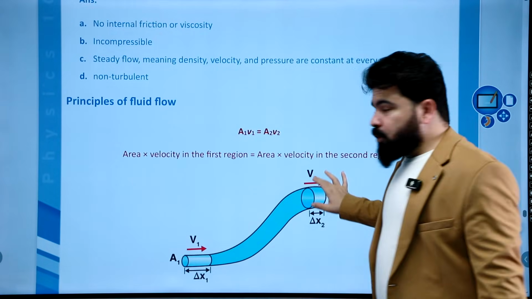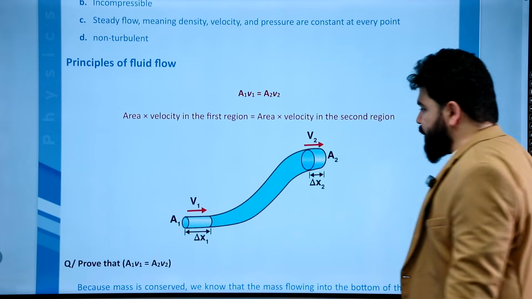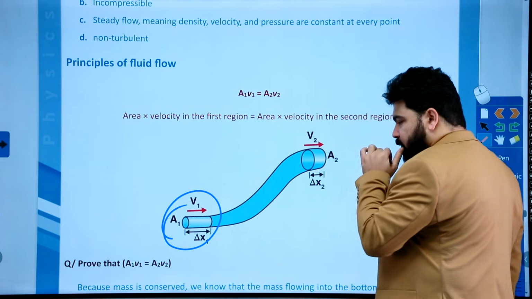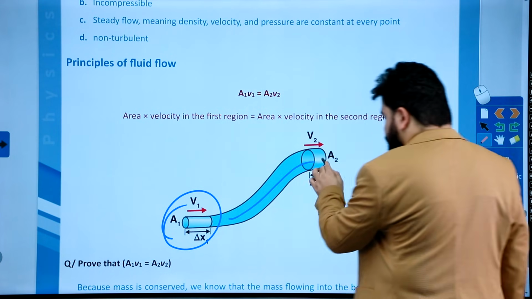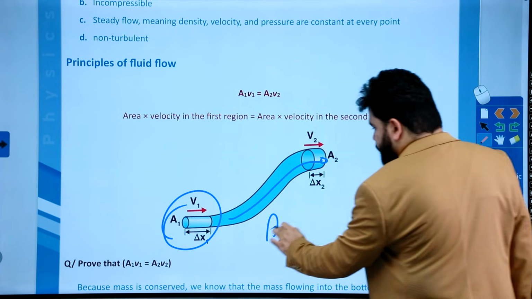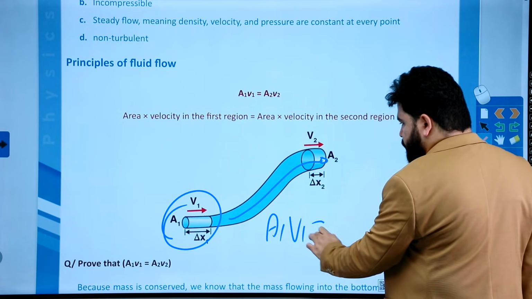Okay. And then we have the principle or equation of continuity. What does that mean? It means the fluid that enters a pipe equals the fluid that leaves a pipe. And we're going to have an equation for this. We're going to say A1 V1 is equal to A2